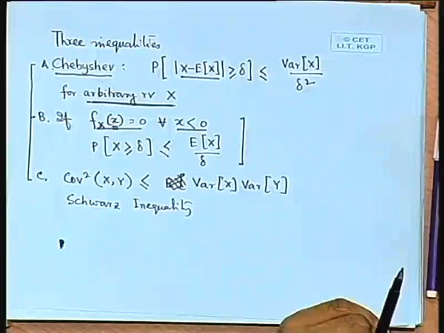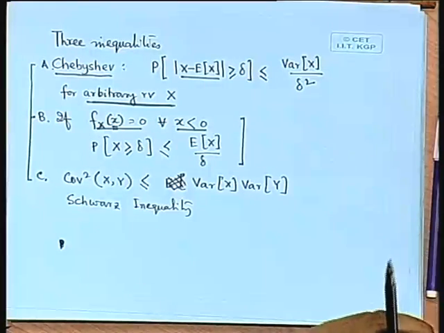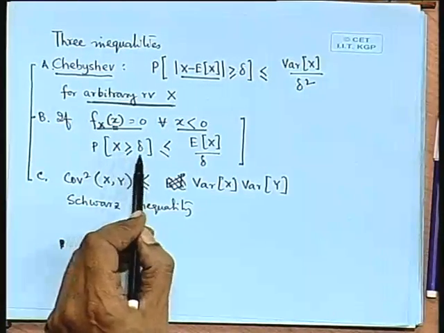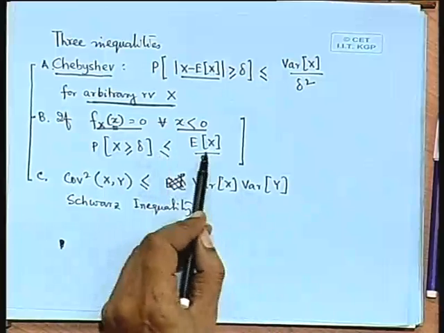Then the probability that X is greater than or equal to delta is less than or equal to the expectation of x by delta,